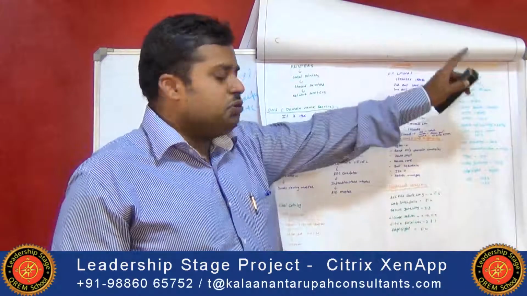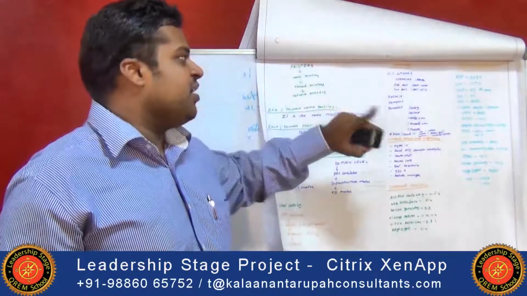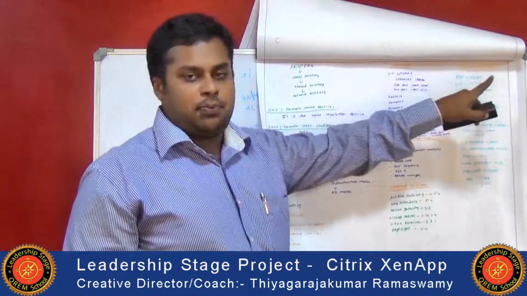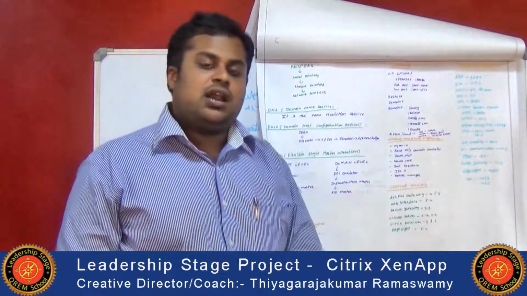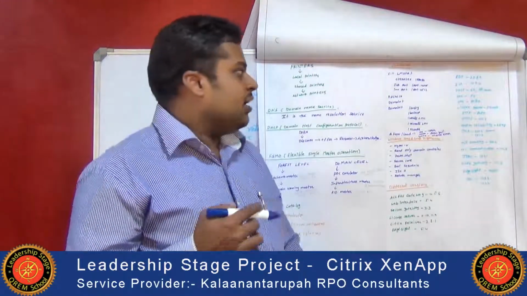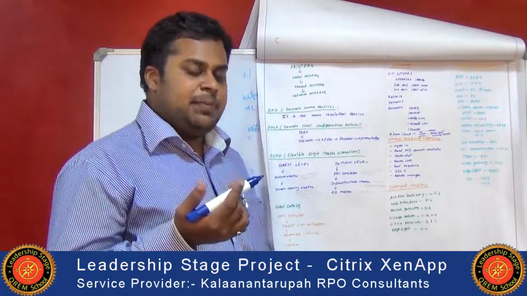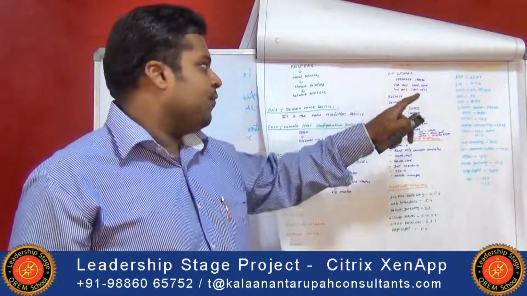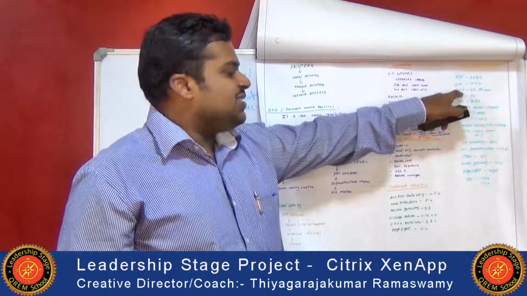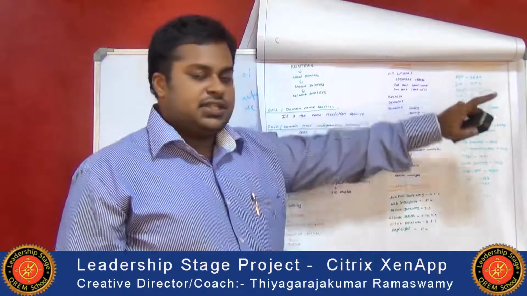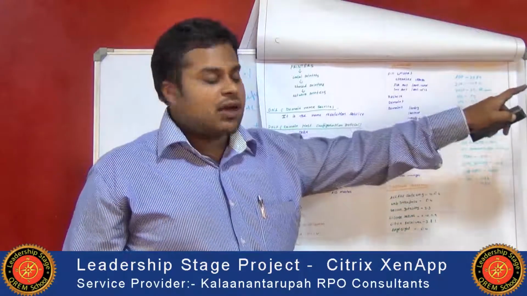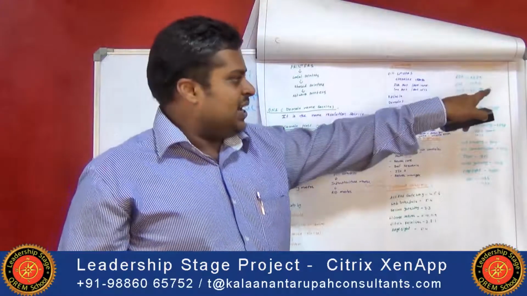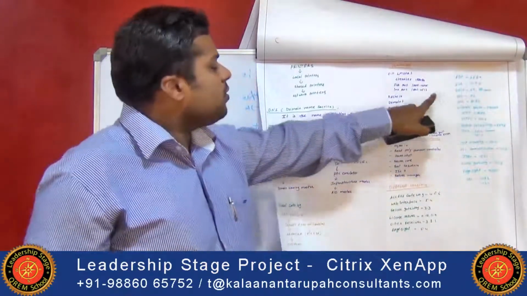In this Citrix, we have to use different types of port numbers for every type. Coming to RDP, this is the Remote Desktop Protocol. By using this Remote Desktop Protocol, we have to use port number 3389, and for ICA, Independent Computing Architecture, we have to use port number 1494. And we have DHCP, Dynamic Host Configuration Protocol. 67 and 68 are the port numbers for DHCP. 67 is from the client side and 68 from the server side.